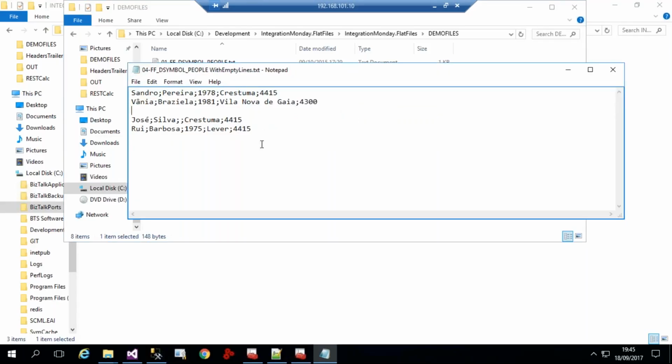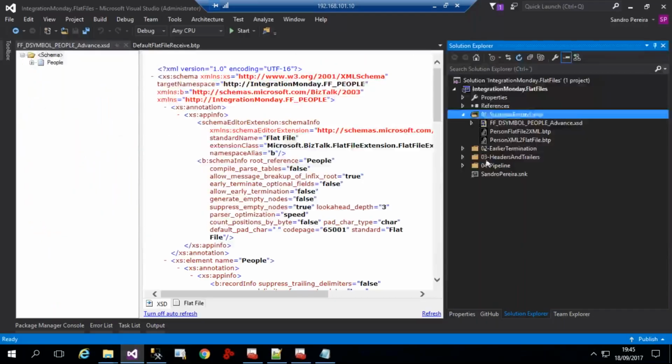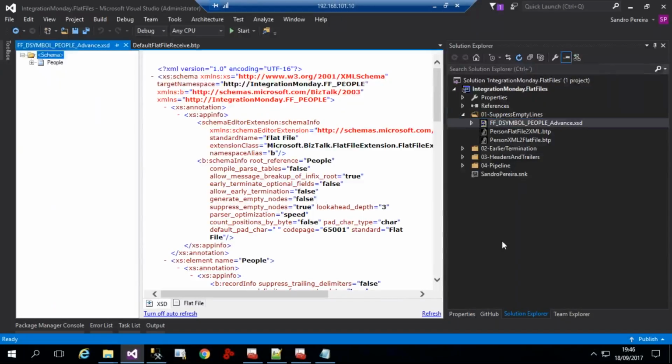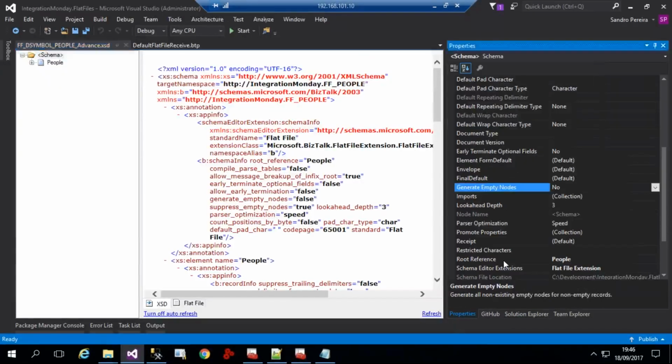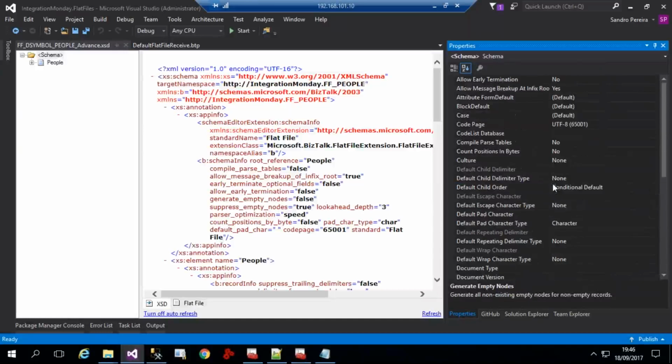Sometimes I can have incorrect formats being delivered to BizTalk with empty lines in the middle. I have already run into these problems at several clients. We expect one thing, but when we arrive in production, they deliver another. And sometimes we need to deal with these mistakes from the source. So let me go to my schema, properties,